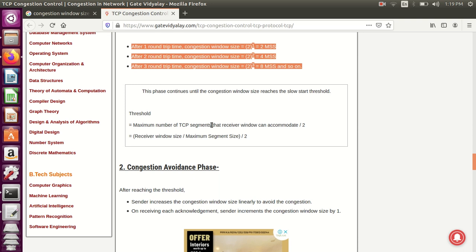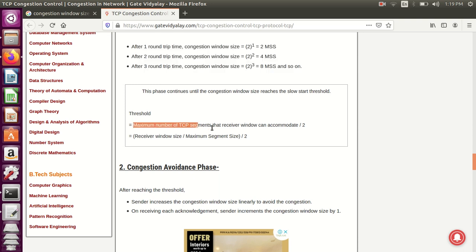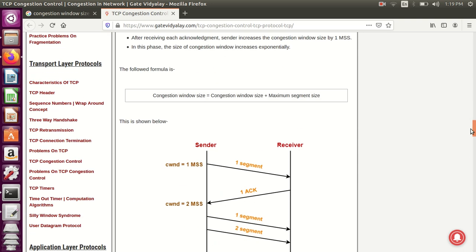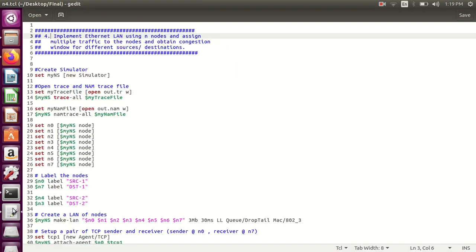In this case we have to get the threshold for the maximum packet to be transmitted. The maximum number of TCP segments that the receive window size can accommodate is always divided by 2. That means receive window size divided by maximum segment size, divided by 2. Okay, so with this basic concept, we'll start with how the program is written in order to obtain the particular